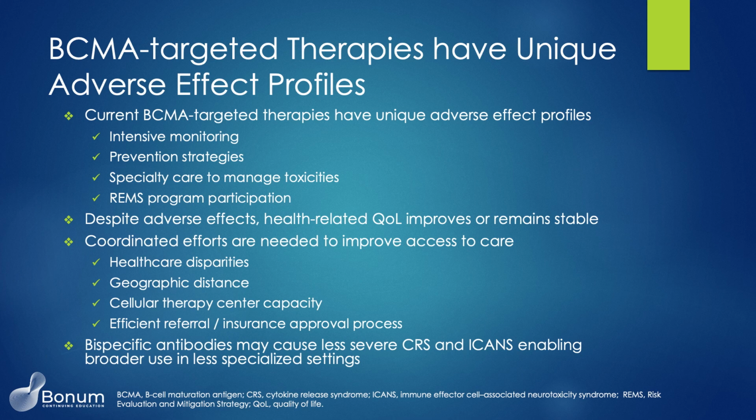But despite these AEs, the health-related quality of life continues to improve, or at least remain stable. Now, we know that coordinated efforts are needed to improve access to care. This involves addressing things like healthcare disparities, geographic distance, cellular therapy center capacity, efficient referral, and insurance approval process. For bispecific antibodies, they may cause less severe CRS and ICANS, and this may ultimately allow for broader use in